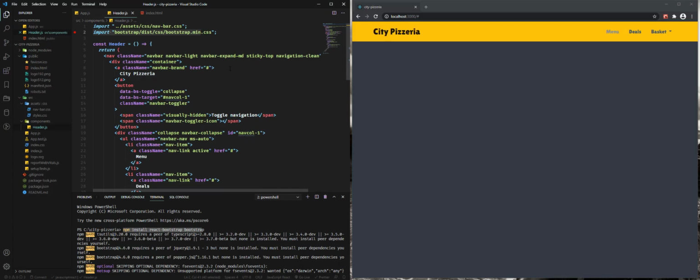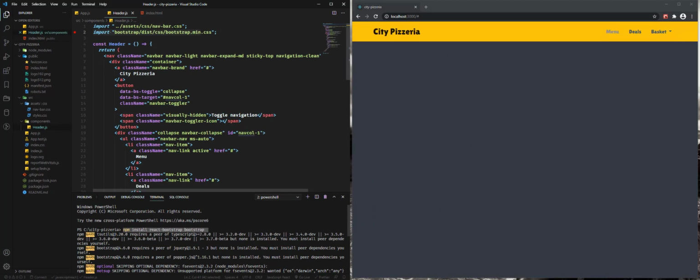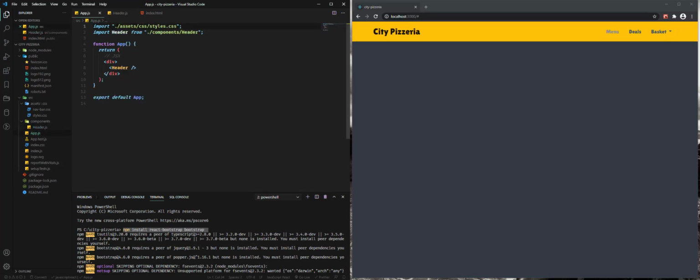So as you can see here, I finished creating and styling my navigation bar. I did end up installing Bootstrap. I'm familiar with Bootstrap, it's easier for me, but you can do your own styling or use an external library as I mentioned. I do have my own CSS file here, it's called navbar, and I ended up creating another